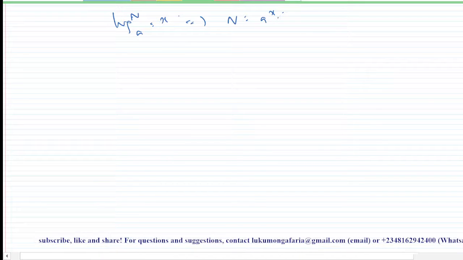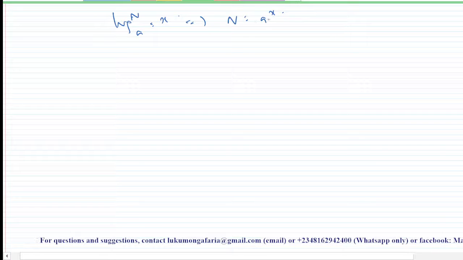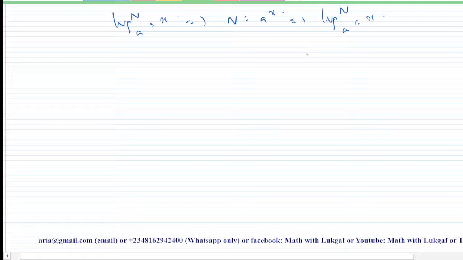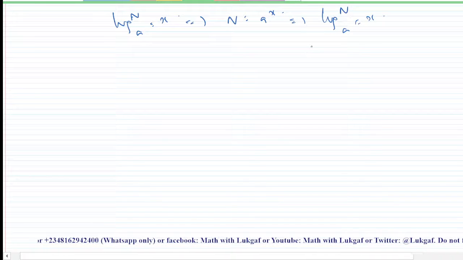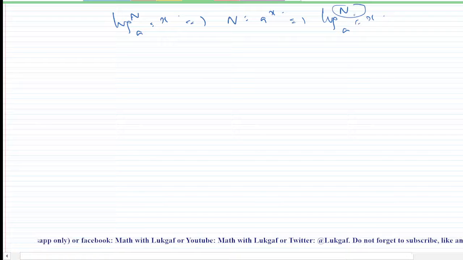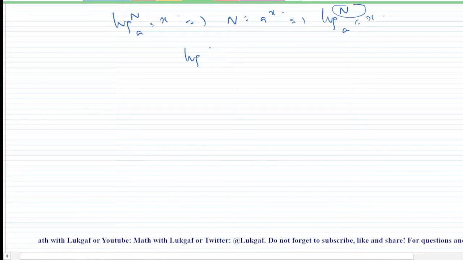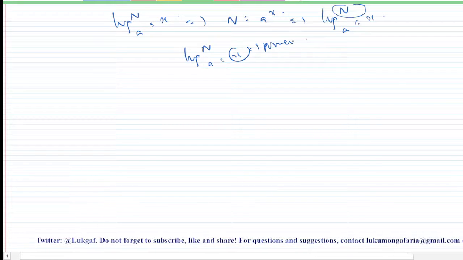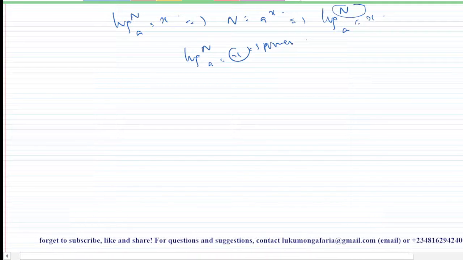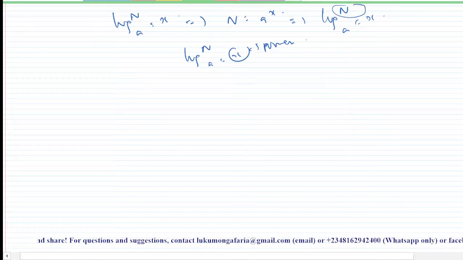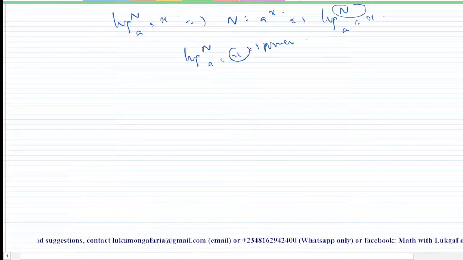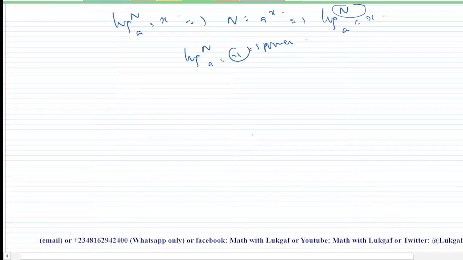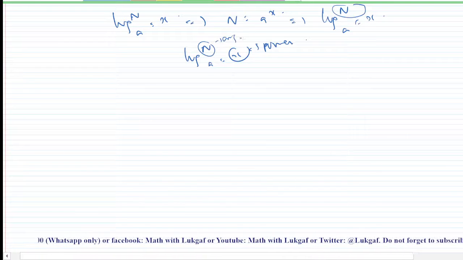Likewise from here, you can also obtain your logarithmic equation, which is also the same thing as log n base a equals x. But what of the situation whereby your argument here is quadratic? Remember I said when you have something of this nature, your x is known as the power. Because when you say the logarithm of a number, it means the power to which a base is going to raise a, in this case, to give you that number back. You understand now? Your n is your argument.